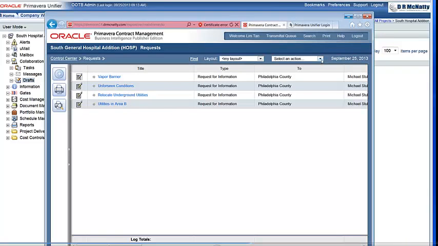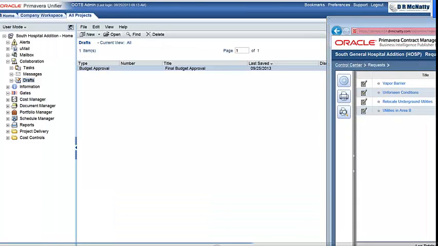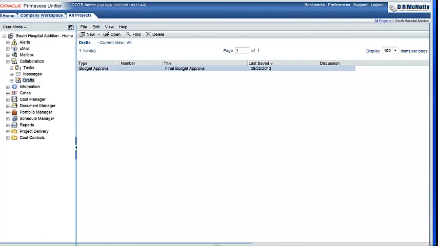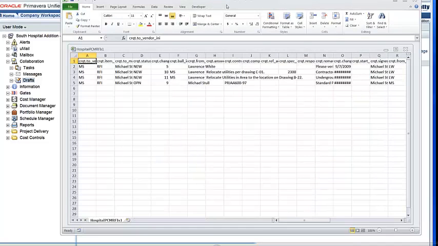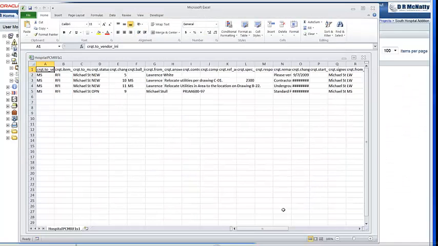I think a lot of you would know that to get the data out into CSV format, you simply select the action export, and showing you as well what the exported data would look like. I'm sure a lot of you are familiar with this format.